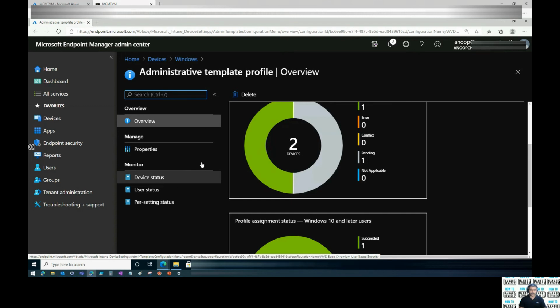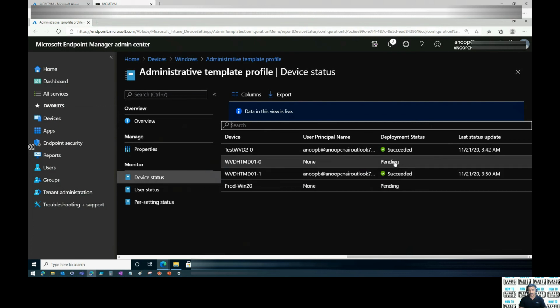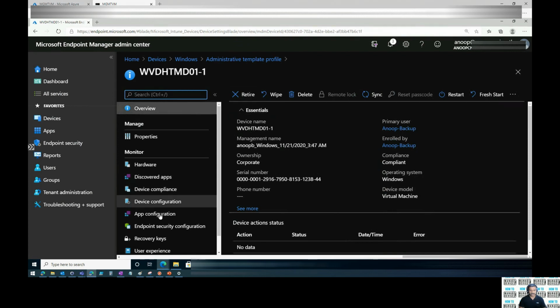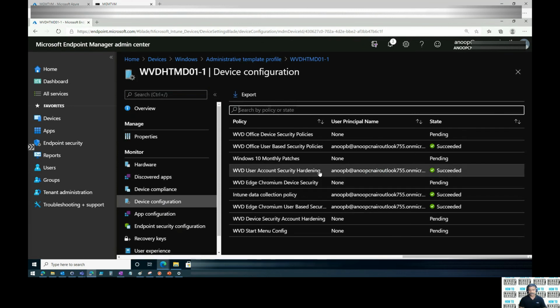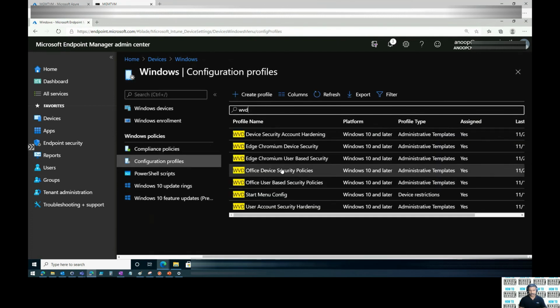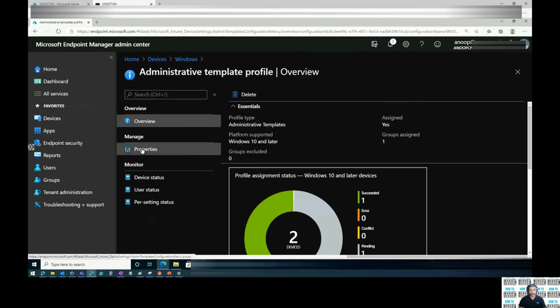So this is part of the troubleshooting steps if you want to look into it. You can go into device status and see why this is pending and why this is successful, etc. If you click on this, you will get more details of that. And then you can go to device configurations and check what has failed, etc. Okay, so let's go back to that particular policy over here, the Chromium user-based policy,